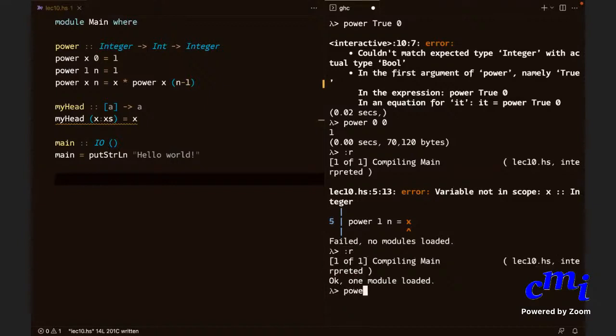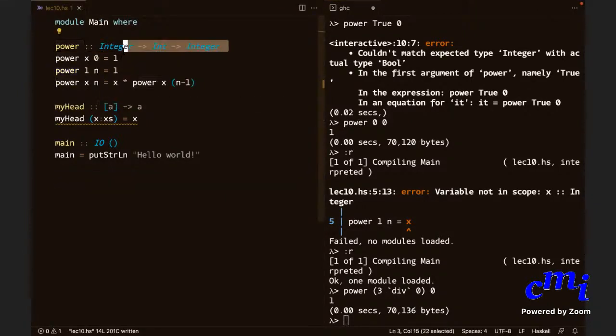Now if I say power of 3 div 0, 0. Oh, okay. No, I see the point. Because it first tries the first rule, to see whether the first rule is applicable, all it needs to do is evaluate the second argument. It doesn't need the first argument. So it gives you 1.